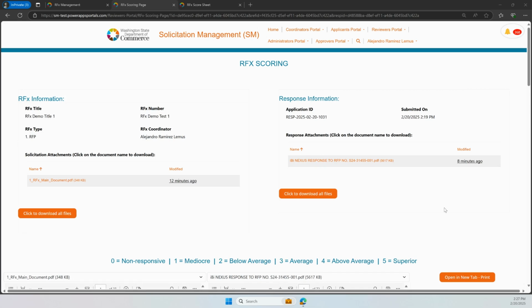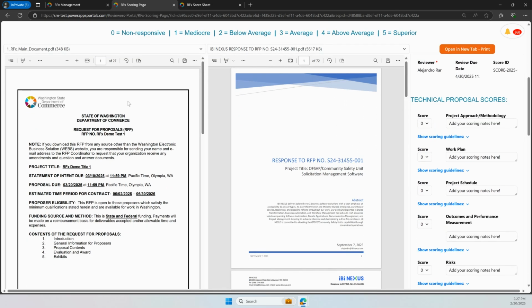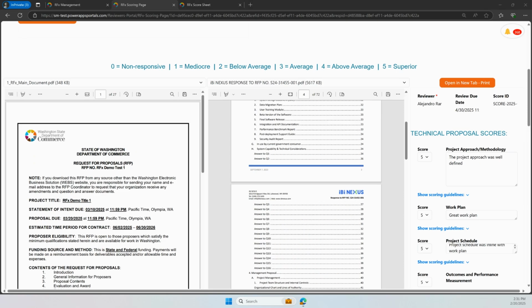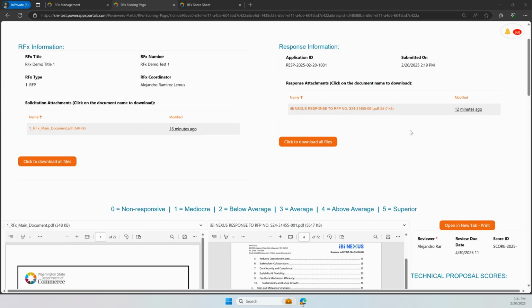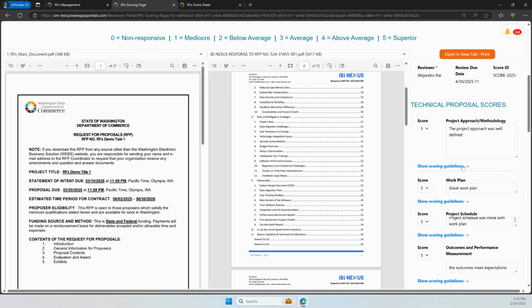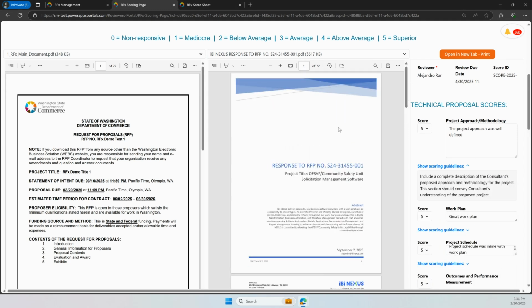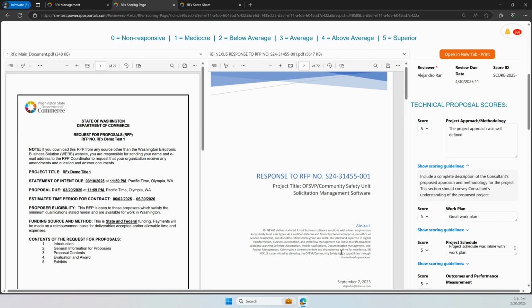Scoring the funding opportunity is a very straightforward process. As we can see here, the funding opportunity has been put on the left, and the application is on the right. So now the reviewer has the opportunity to enter a score and enter notes for that score, as well as see some guidelines in relation to that score,